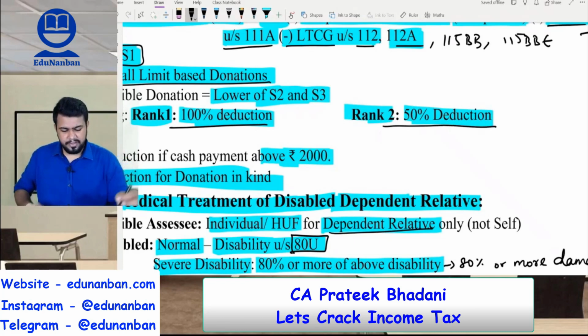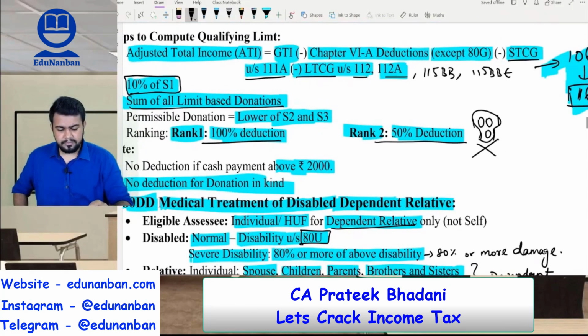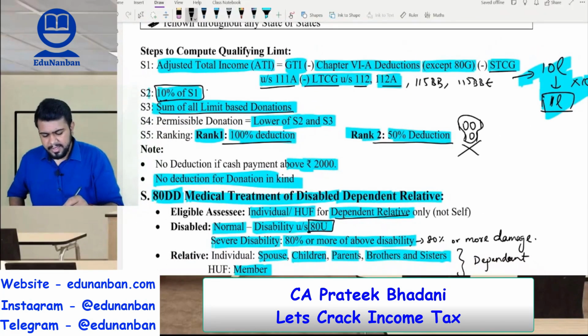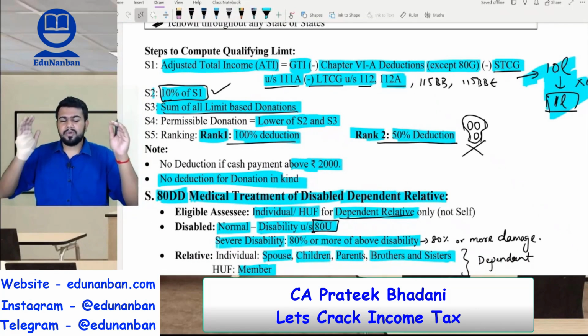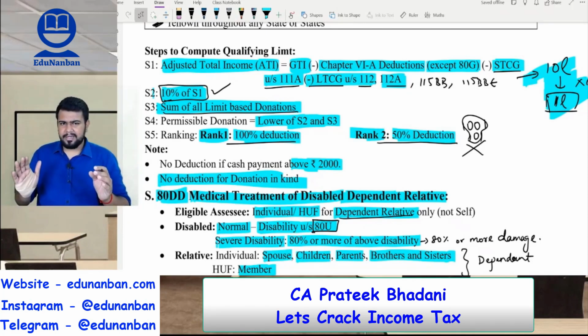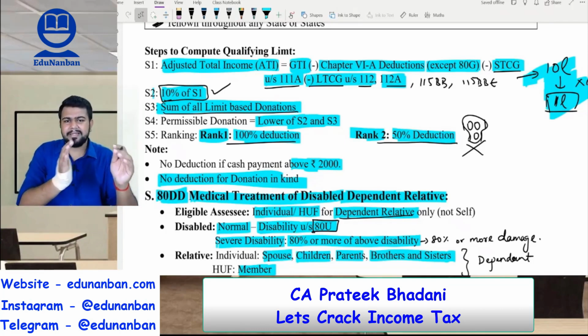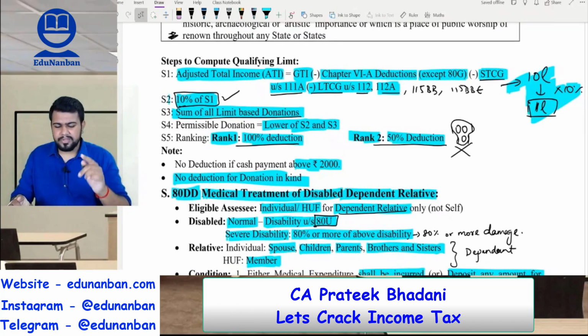Okay. Here you have to be very careful that this limit is only for the amount of donation and not for the amount of deduction. So total donation should only be 10% of adjusted total income. So let's say if the total donation allowed is 1 lakh rupees, then you should give the first priority to the donation which is made to 100% category, second priority to the 50% category. So whatever there is in 50% category, you should take 50% of such amount. I would recommend you to solve the question so that you do not make silly mistakes in the exam hall.